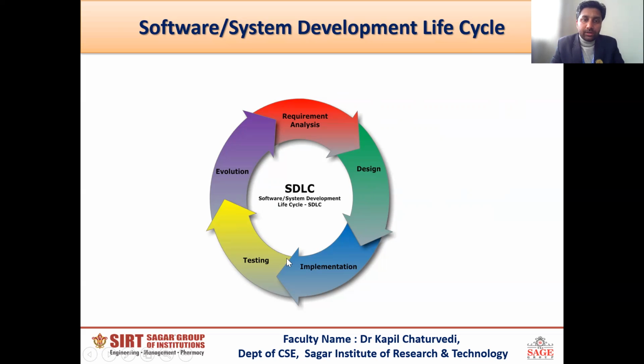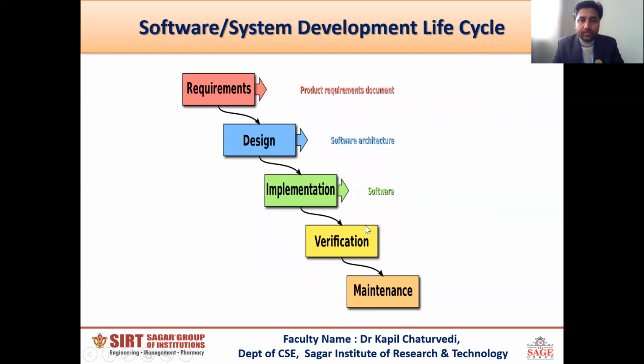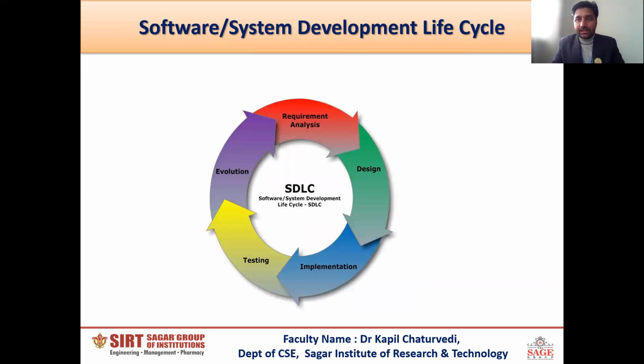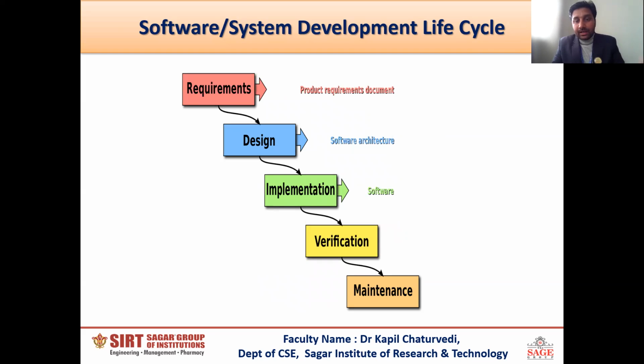So this whole process is known as SDLC. The standard SDLC model says that first of all we have to work on the requirement analysis, then create the design, then implementation, verification, and maintenance. We'll discuss the SDLC steps in detail in the last lecture. That lecture is the overview lecture. We have to understand what software engineering is. So here we discuss the SDLC's overview, and then we will see the actual steps, the major phases of the SDLC.